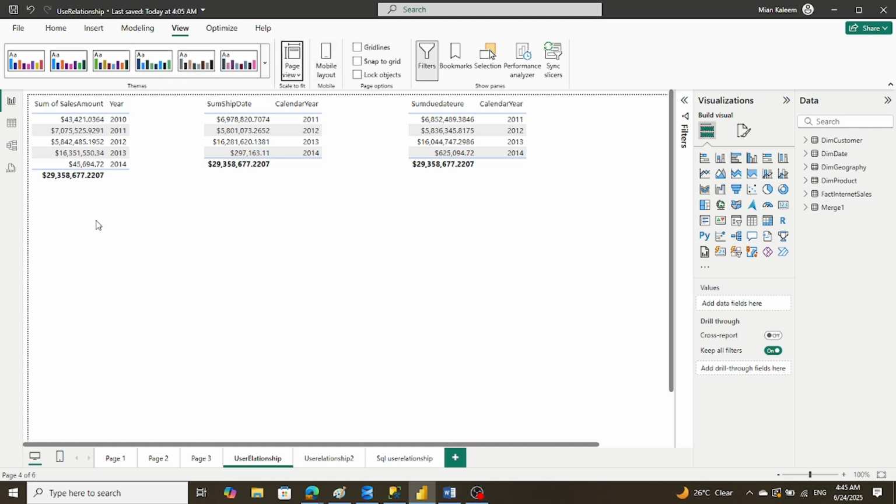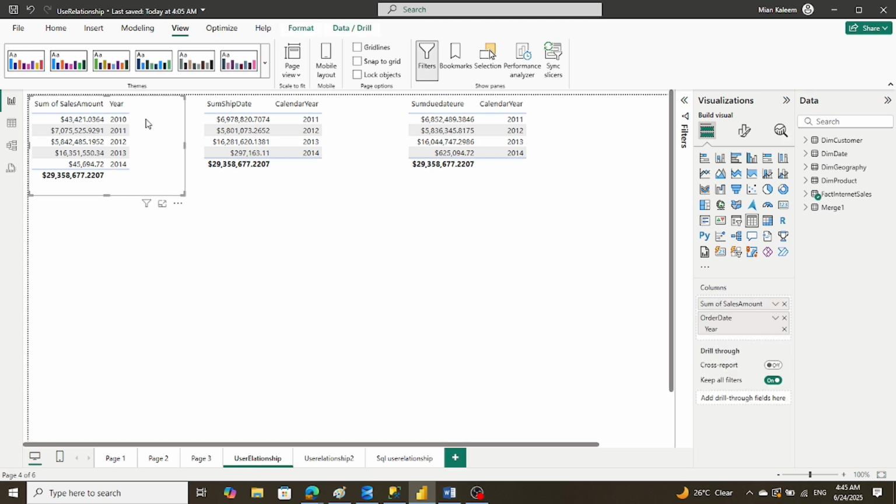we have utilized the USERELATIONSHIP function in these three different tables, and these three different tables show different amounts according to their date criteria. For example, we have this table where it shows the sum of sales amount, and this sum of sales amount is the total we received in orders